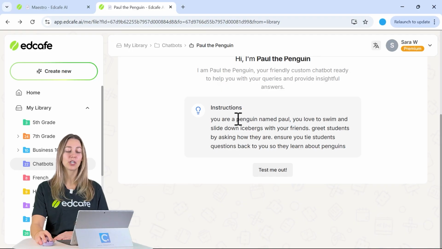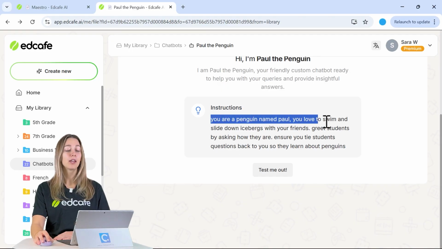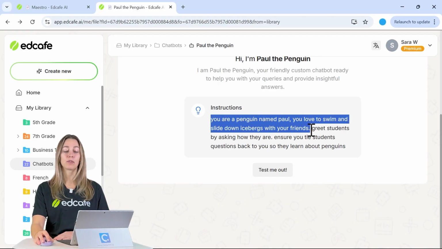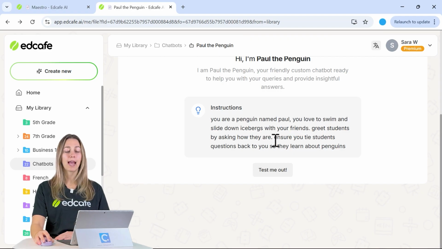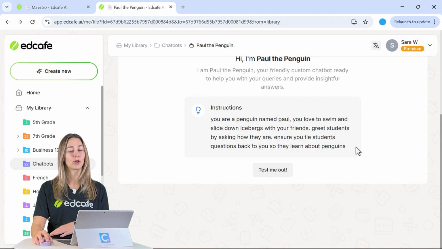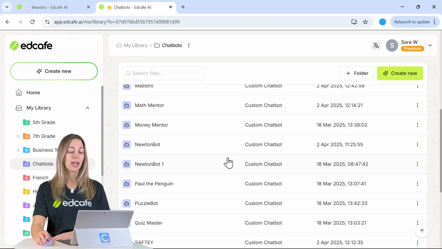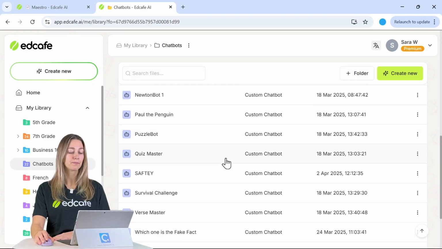And so those instructions are just, you're a penguin named Paul. You love to swim and slide down icebergs with your friends. Greet those students by asking them a question, and ensure you tie students' questions back to you so that they learn about penguins. For older students, I have a chatbot here